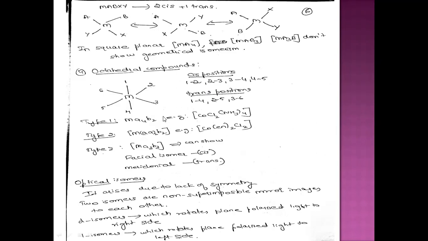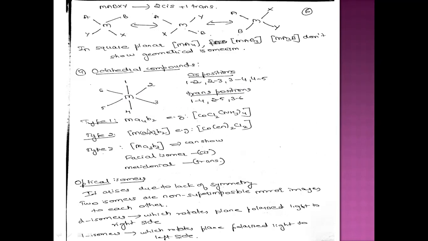Next, the trans position. What is the trans position here? See, with respect to this, 1 and 4, right? 1 and 4, 2 and 5, and 3 and 6. Those are the trans positions. So totally 4 cis positions and 3 trans positions are possible for an octahedral complex. Now type 1,